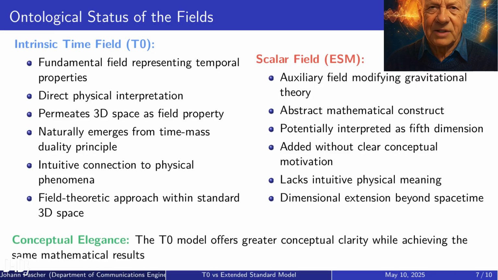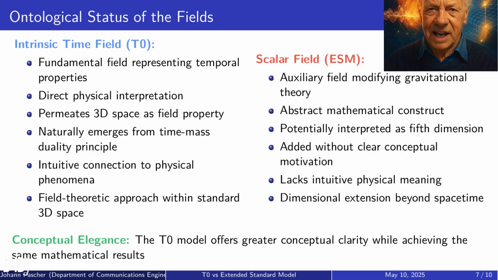When we compare the ontological status of these fields, we see significant conceptual differences. The intrinsic time field in the T0 model has a clear ontological status as a fundamental property of reality that determines how matter and energy evolve temporally. It has a direct physical interpretation, permeates 3D space as a field property, and naturally emerges from the time-mass duality